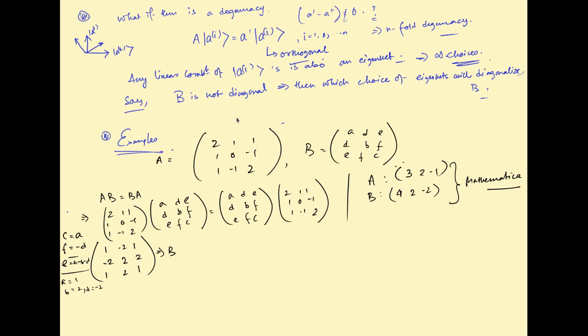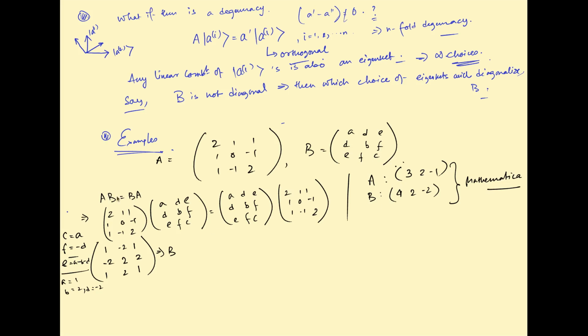So, this statement might appear a little vague. In order to understand it, let me do an example. Let us take an arbitrary matrix A, and construct a matrix B which is commuting with A such that B is non-degenerate. Now, we do not know it a priori, but let us consider an arbitrary matrix B. This is Hermitian, so this also has to be Hermitian. So, I write it as A, B, C, D, E. If this is D, this is D, E, this is F, this is F, and then it is Hermitian.